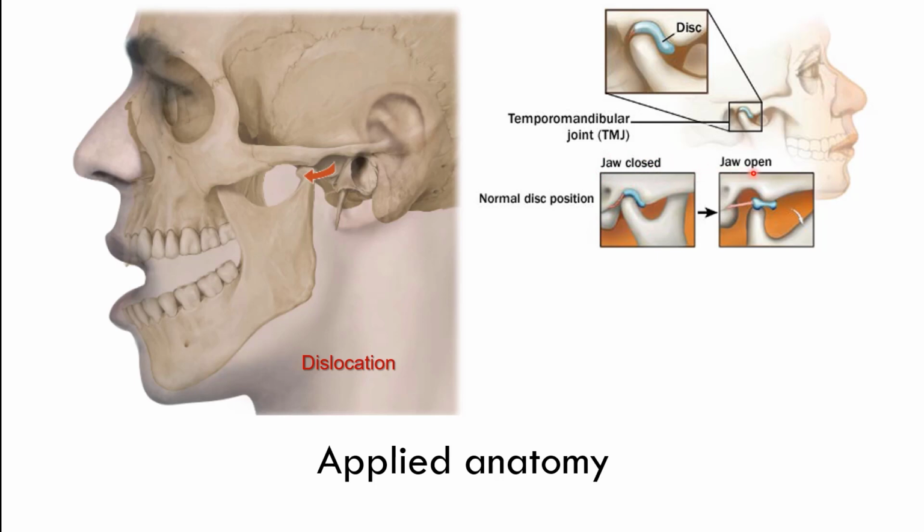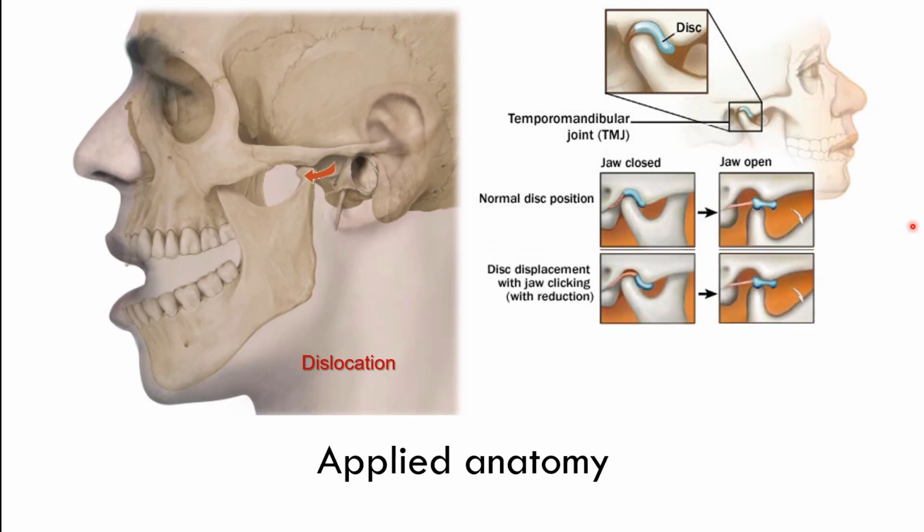When the jaw is opened, in the upper compartment, the meniscotemporal compartment, the disc moves forward. Along with the disc, the head of the mandible also moves forward. In some conditions, like disc displacement, you can see here the disc has been pulled forward. Posteriorly, the discal tissue has been replaced by fibrofatty tissue, which is vascular.